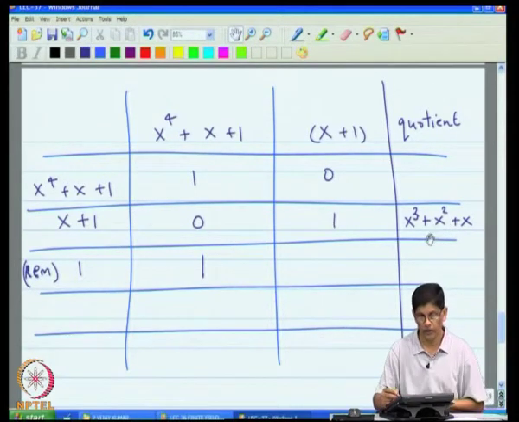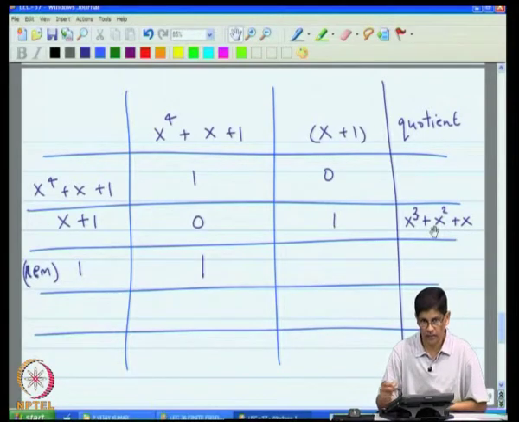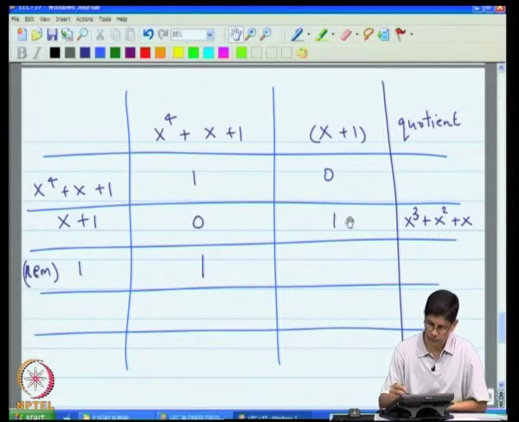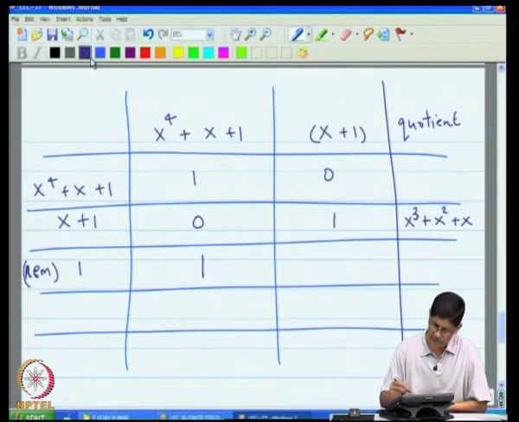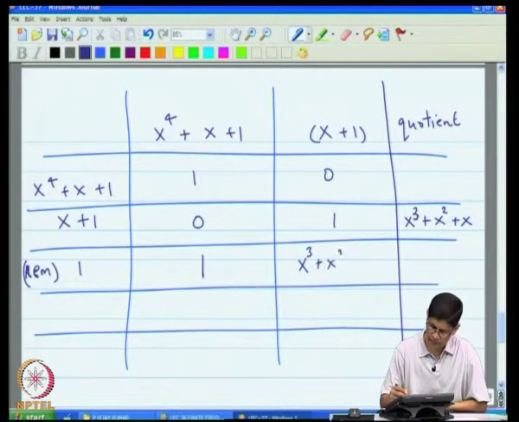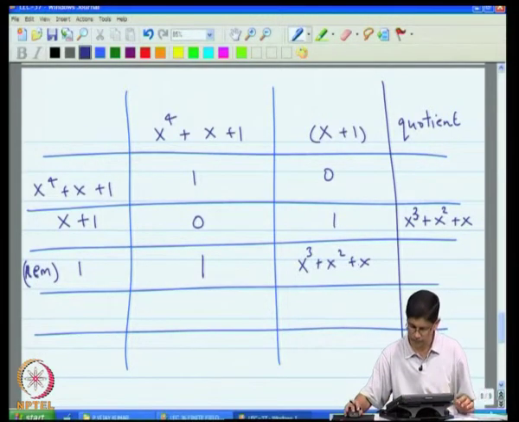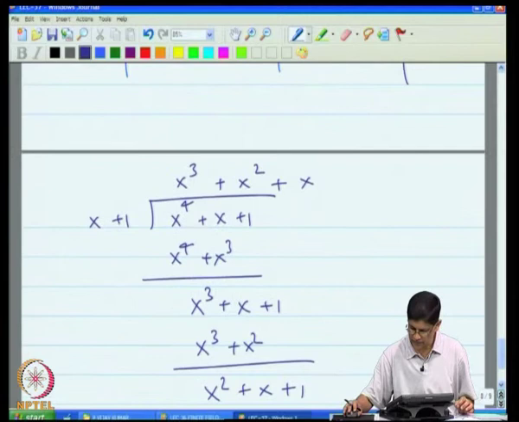Now, since you are working in modulo 2 arithmetic, minus 1 and plus 1 are the same. So whether you multiply this into this and add, or multiply this and then subtract, makes no difference. For that reason, what you will pick up here is nothing but x cubed plus x squared plus x. So in this way what we have actually shown